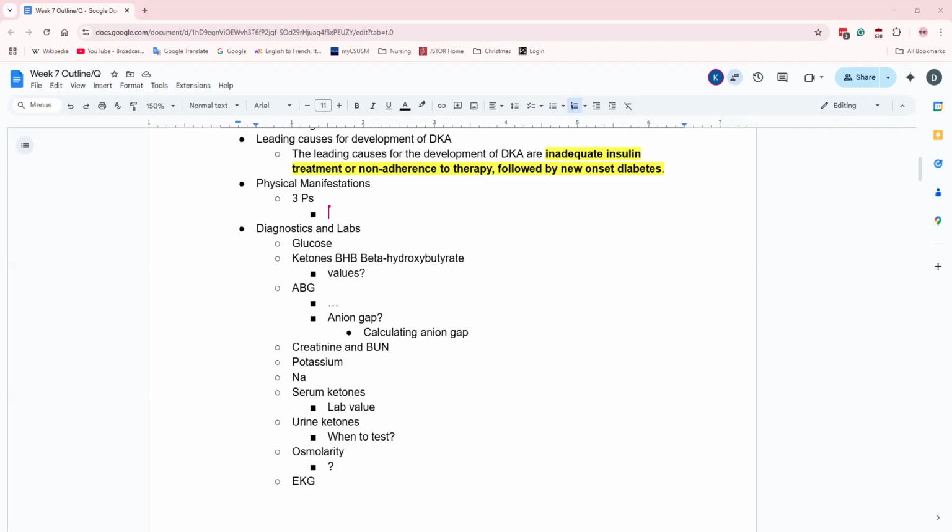Yeah, those were the main ones, and then this one can kind of go for both. Altered level of consciousness can even lead up to coma if you have cerebral edema. That could totally kill you. I could see how that would kill you.